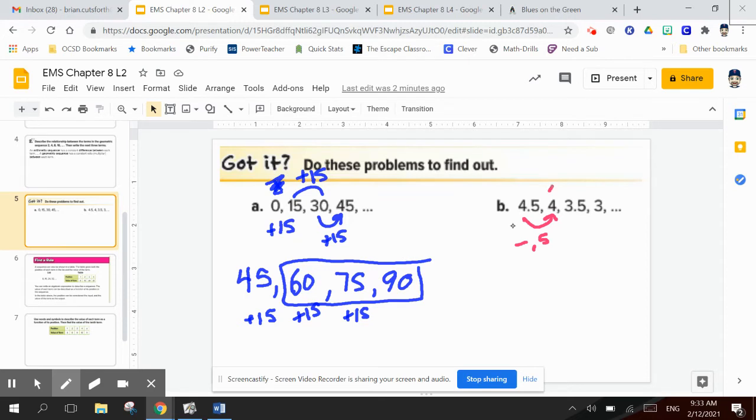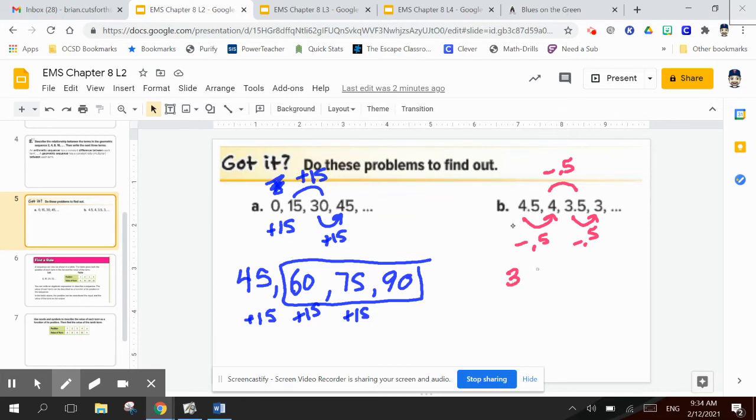Let's see if that works up here. Is 4 minus 0.5 3.5? Yes, it is. Is 3.5 minus 0.5 3? Yes, it is. So again, I want to rewrite my